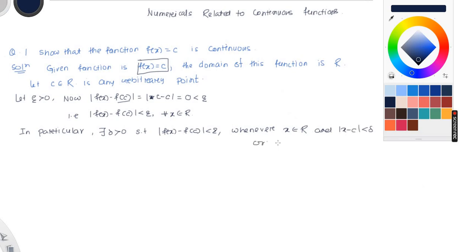Or you can also write x belongs to R intersection the delta neighborhood of c. So by the definition of continuous function,